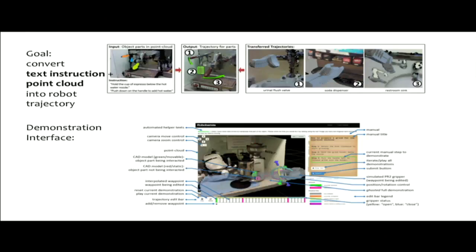The goal is, given some text instruction, for example, "hold the cup of espresso below the hot water nozzle" might be an example of a language expression, maybe something that would come from an instruction book for some sort of machine. Given this text instruction, as well as a point cloud of what the robot sees, the goal is to be able to figure out the trajectory that performs that task.